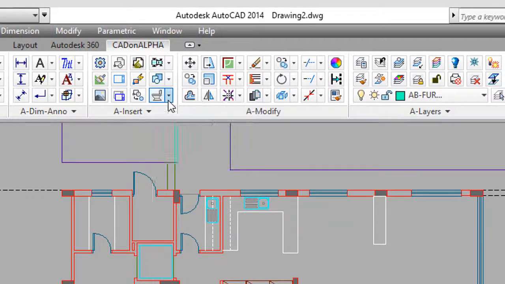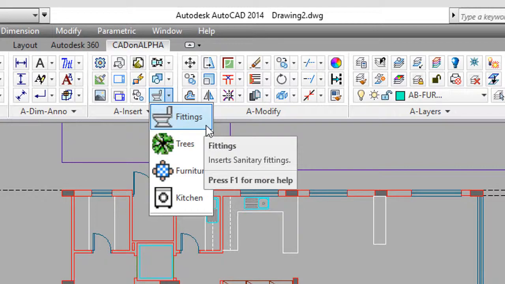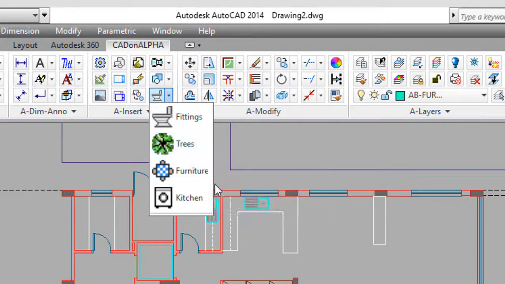More block button opens multi-command to insert blocks directly from category. Sanitary fittings, Trees in plan, Furniture in plan, Kitchen fittings,